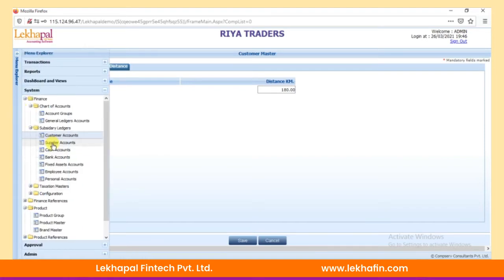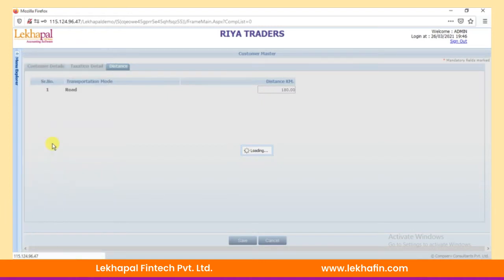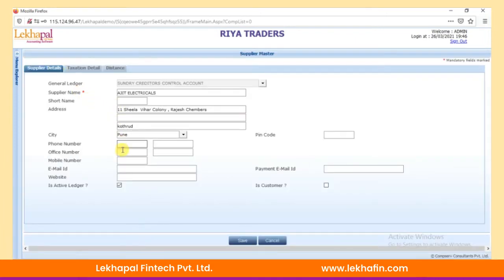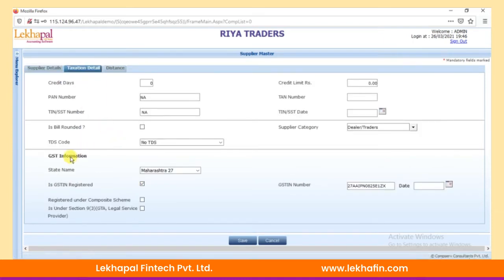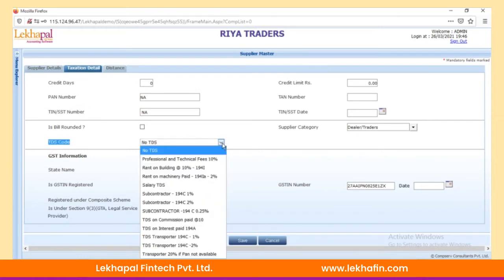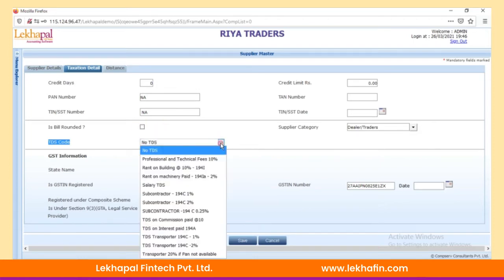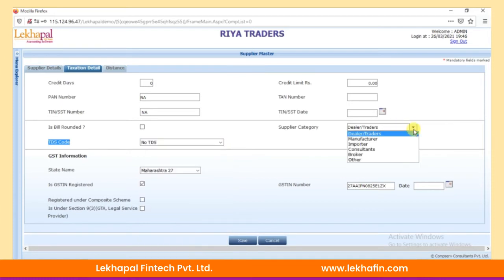Similarly, for the supplier, we have to give the basic data such as name, address, short name if at all he is known by another name. Then in the taxation details, we have to give his PAN number, TIN number, whether the bill needs to be rounded off, because under certain circumstances a company insists on the compulsory round off or otherwise. Now in the suppliers category, we can mention his category whether he is a dealer, manufacturer, importer, consultant,